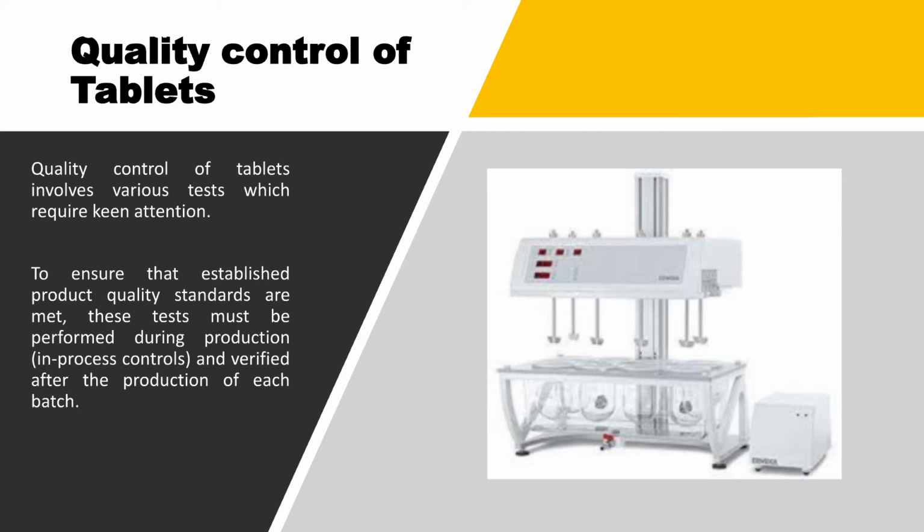The main important thing to ensure is that batch to batch variation, or lot to lot variation, should be minimum. This variability can be avoided if we conduct certain tests during the formulation of the tablet itself. If we find any discrepancy or defect, it can be resolved at that same time, because testing conducted only after the preparation of the tablets will not help. So certain things can be quickly resolved during the process of making the tablets.